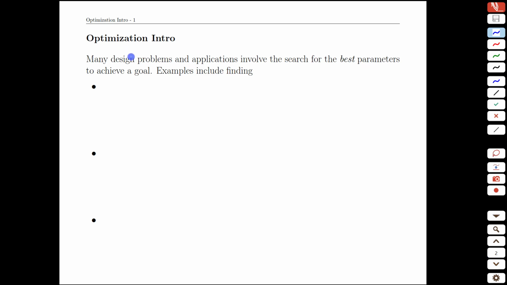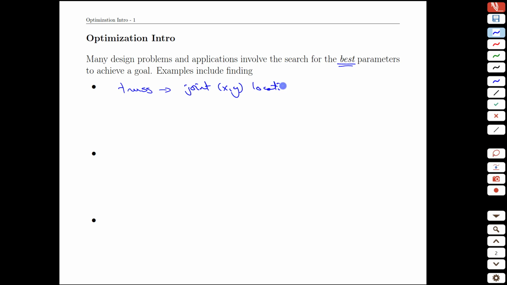In this video, we're going to introduce numerical optimization, and in particular, we're going to use the context of the projects. So many design problems and applications involve the search for the best possible parameters to achieve a goal. And we can think of several examples, such as for the truss project, finding the joint locations, specifically the XY